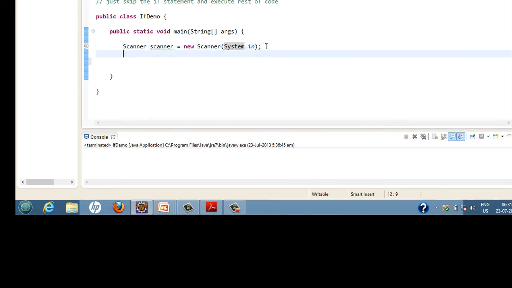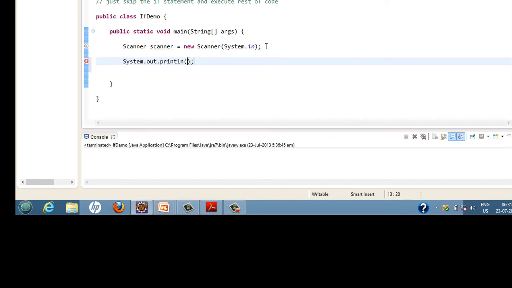Let's move ahead. Now we will prompt the user to enter an integer value. After we have prompted the user, we'll create an int variable, say number, which will store whatever the user has entered on the console.